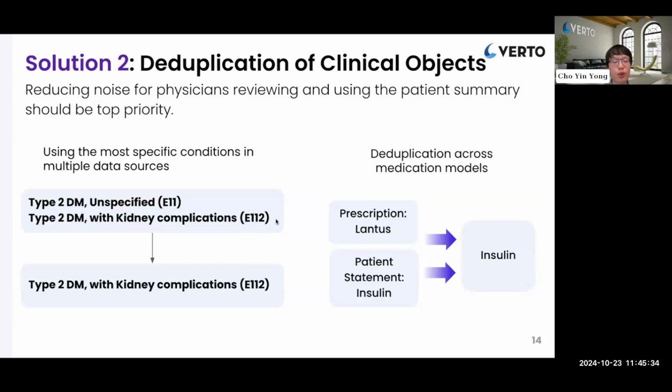In the Verto platform, if we're able to see these two conditions appear, we're able to deduplicate the less specific one, which is E11, and select type 2 diabetes mellitus with kidney complications as the concept to display in the international patient summary. This is the example where the data actually exists in one model, but we also support